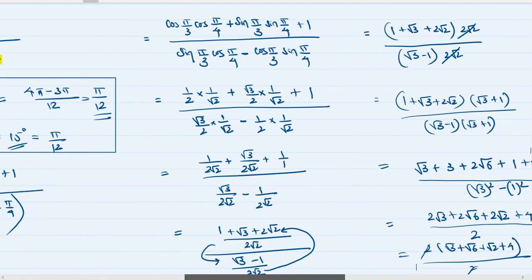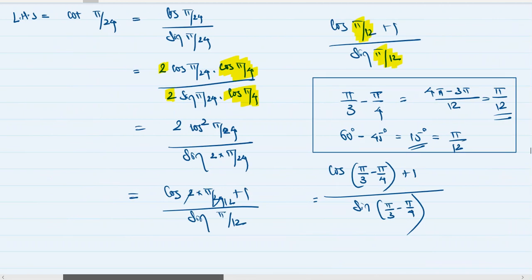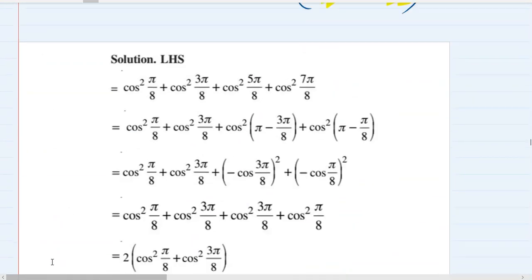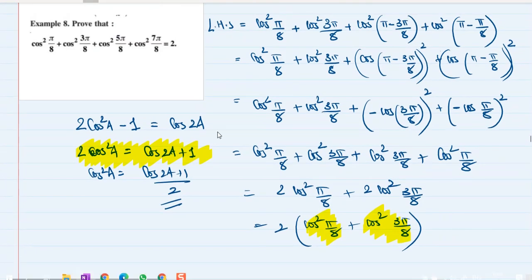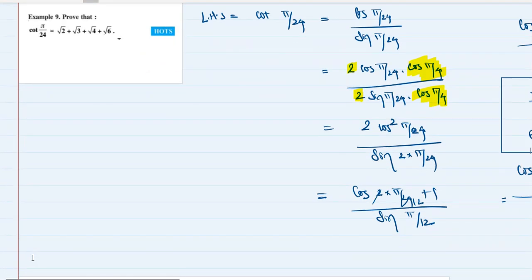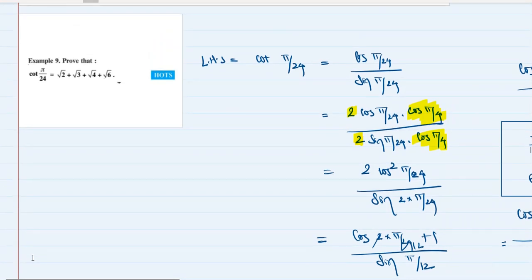Okay. So did you understand this? How we used the formula for 2 cos square A. So this is really interesting because the formula of cos 2A is useful in different forms. You can either use cos 2A, or you can use the formula of 2 cos square A, or just cos square A. So that's really weird, which formula you have to apply in which question, at what time. For that you need proficiency in remembering all the formulae.